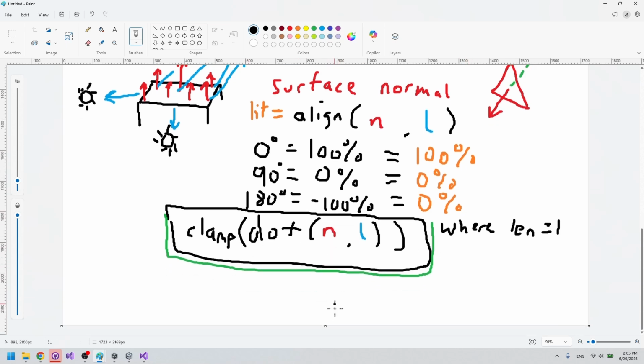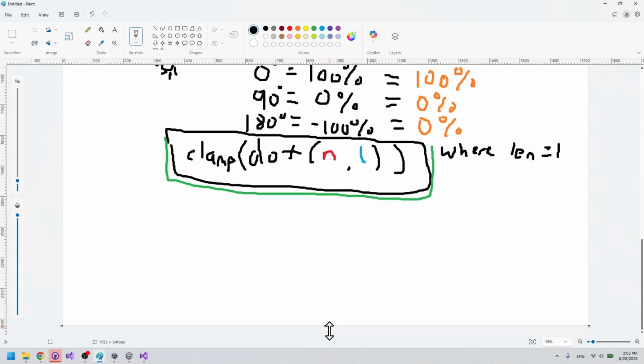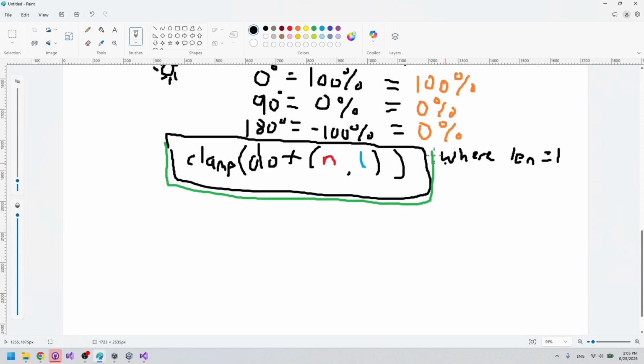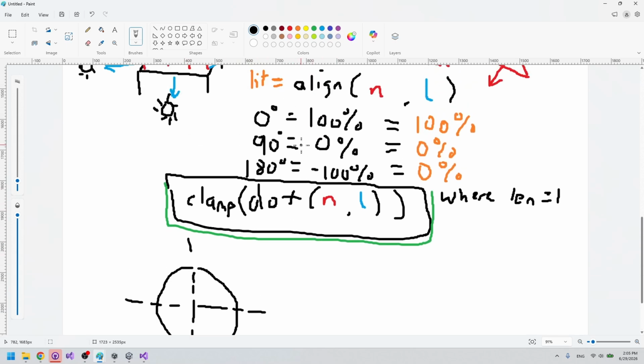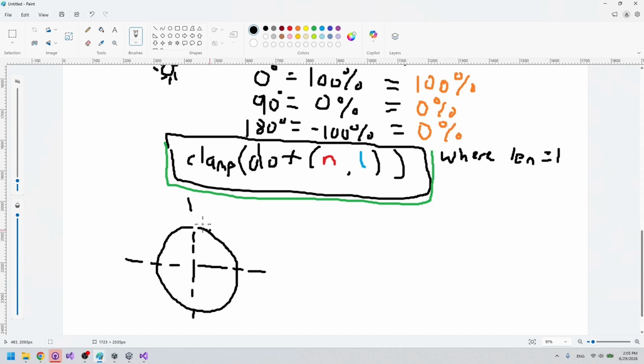Okay, and so before we dive into Unity, quick little math diversion here, because this sounds exactly like something we did in our parametric modeling series. It sounds exactly like the unit circle, which again was sort of oriented like this, and we went from 0 degrees to 90 degrees, 180 degrees, 270, back to 0, or 360, right? And as we did this rotation, what went from 1 to 0 to -1 to 0 again, back to 1? That was going to be the cosine of theta,